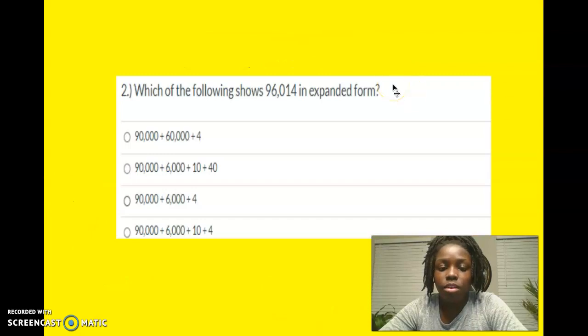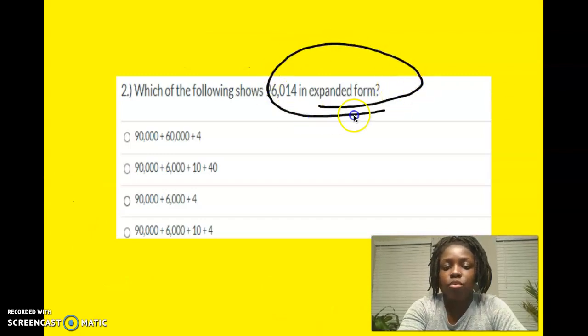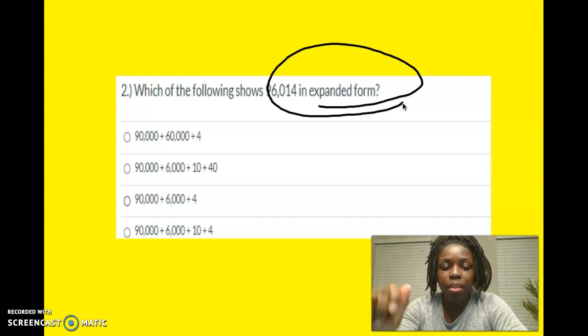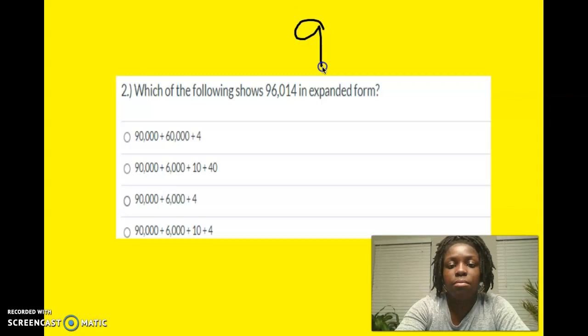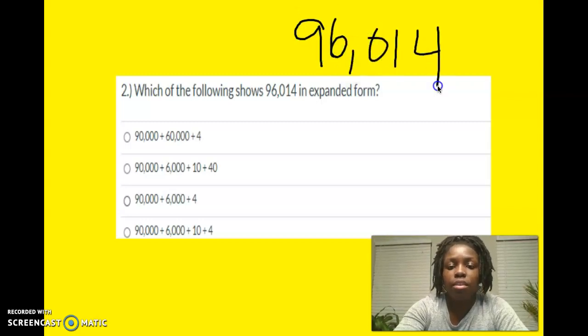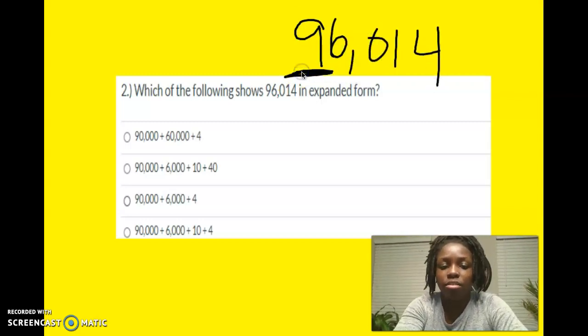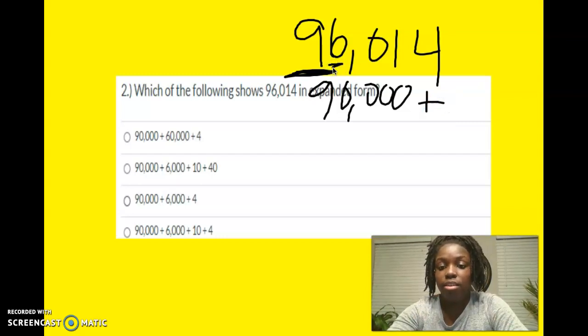Now, we're going to be talking about expanded form. Expanded form is when you expand the number, right? So we're going to expand the number 96,014. So if I wanted to expand this, I first start with my 10,000s place. And I know that's worth 90,000 plus, how much is this 6 worth? Good, 6,000